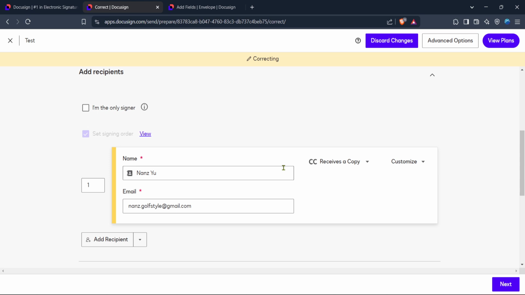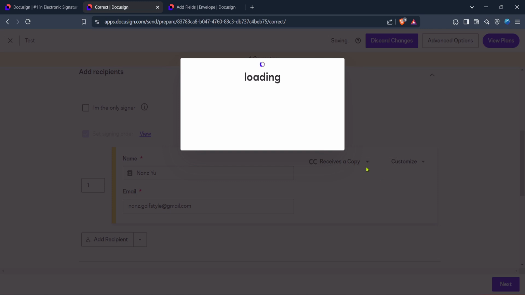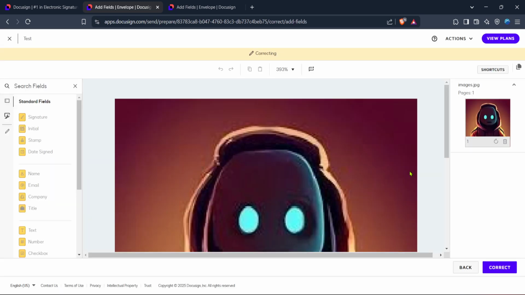After you've completed the changes, take a moment to double check that you've entered the correct information. Once everything looks good, go ahead and save your changes. This update ensures the document will be sent to the updated recipient address without any hitches. This simple process can save you from potential headaches and ensures your documents reach the correct recipients without delay.